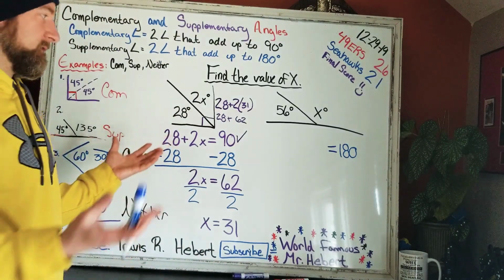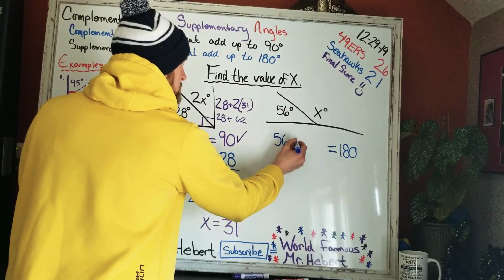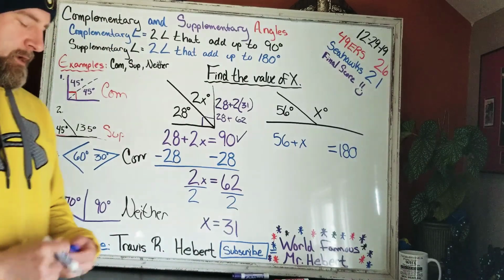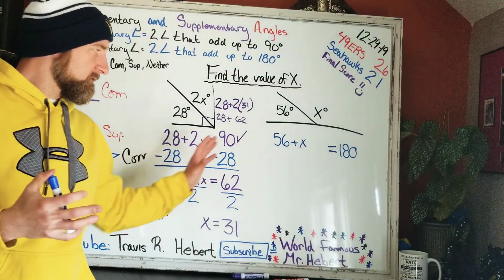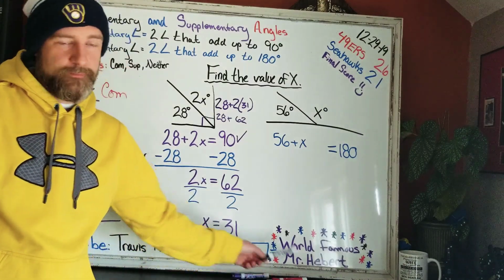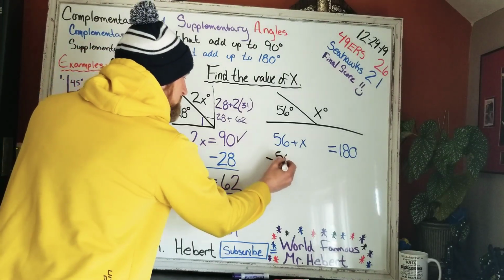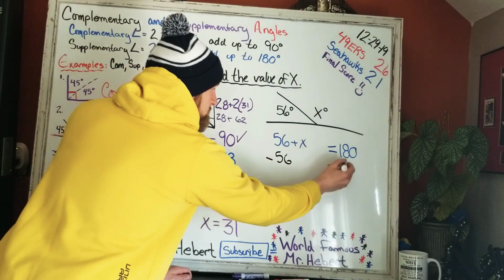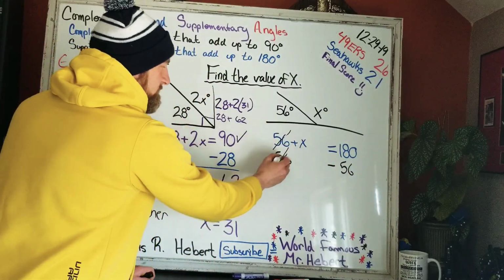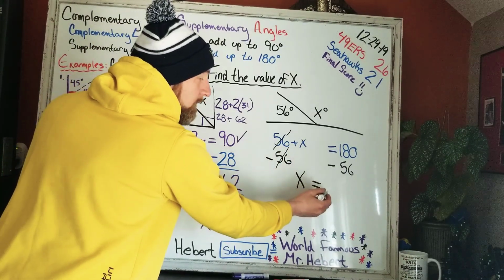Now we're just going to plug in our numbers for our equation. We have 56 plus x is equal to 180. Now think back. How do we cancel out our 56 to get x on its own on one side? All right. We're going to subtract 56 from both sides. So minus 56, minus 56. Then 56 will cancel out over here, so we're left with bringing our x down. X is equal to